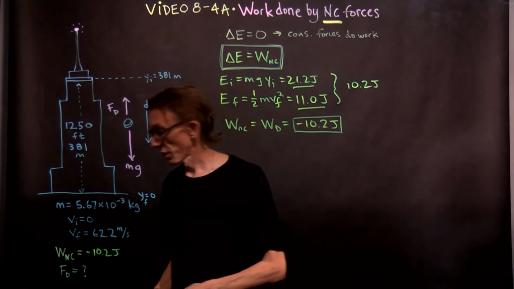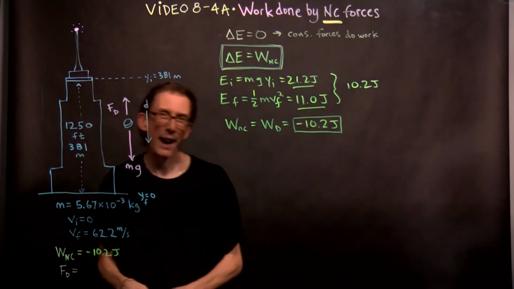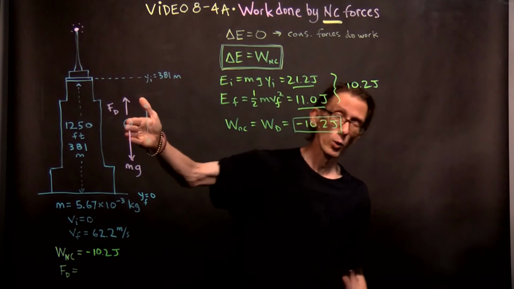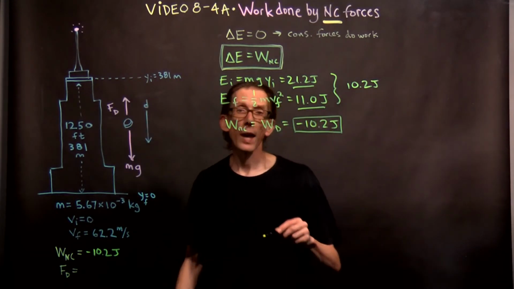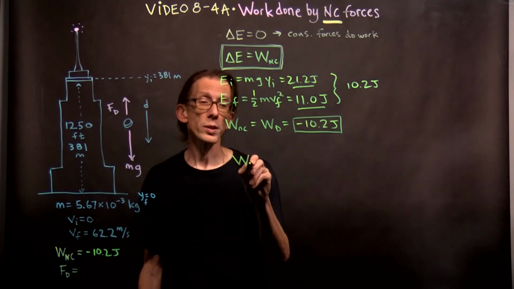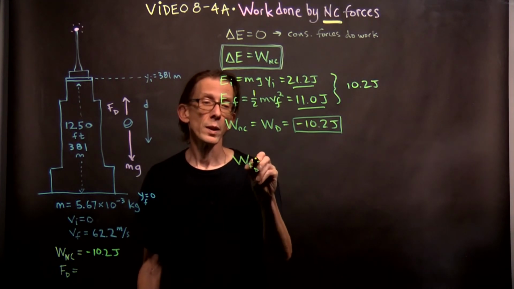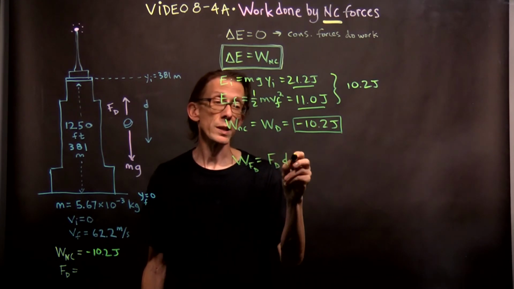Okay, now the second question was, what is the force of the drag on average? Really, it's an average because the force changes as the coin speeds up. But what's the average force? Well, you can do that by remembering that the work done by any force, say F sub D, equals F sub D times the displacement